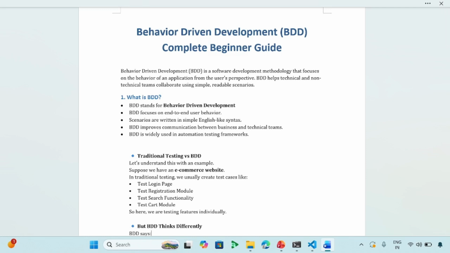So what is BDD? BDD stands for behavior driven development. It is a software development methodology that focuses on the behavior of the application from the user's perspective. Now you might be wondering, what exactly do we mean by behavior? Behavior simply means how a real user interacts with the application, what actions the user performs, and what outcomes the user expects. For example,